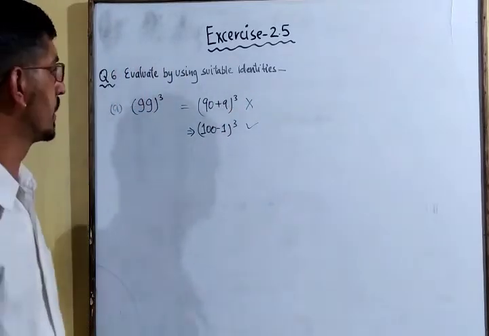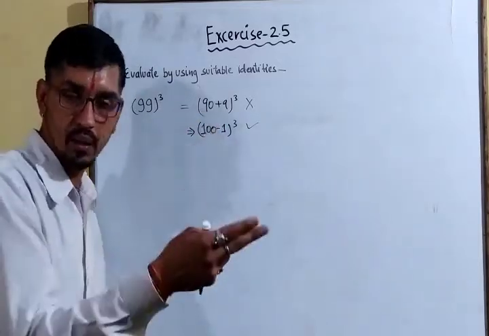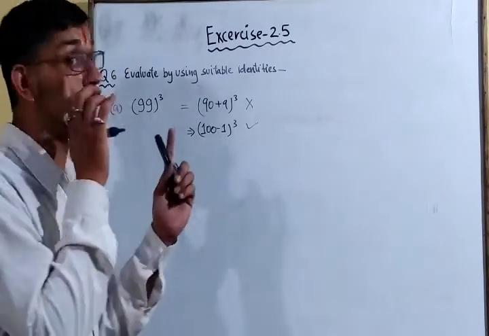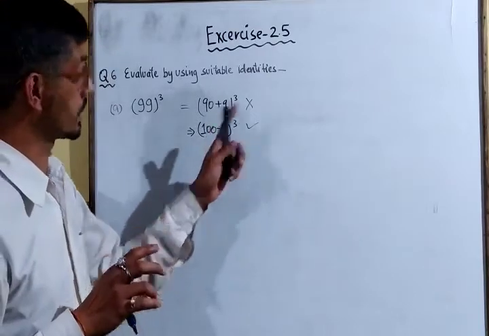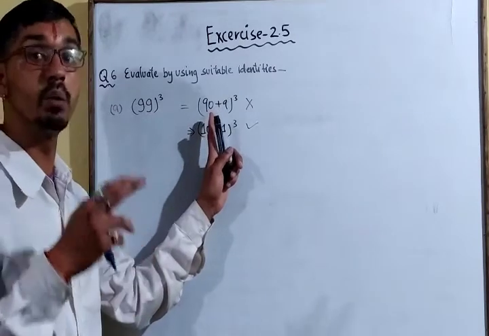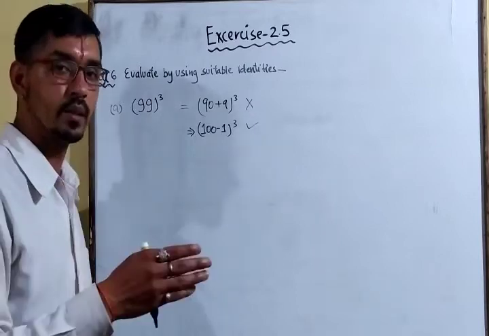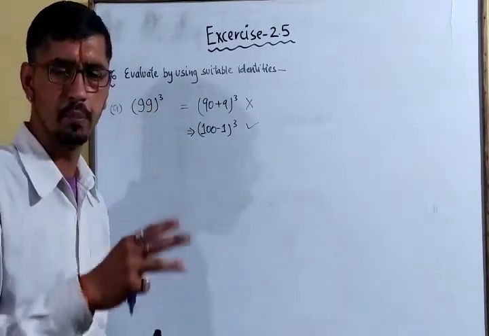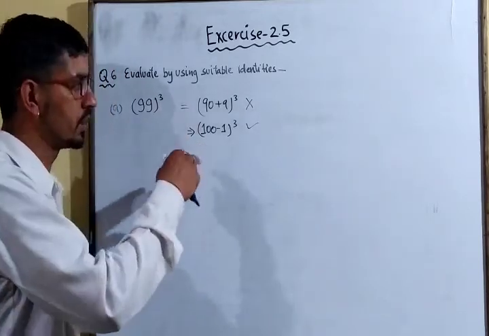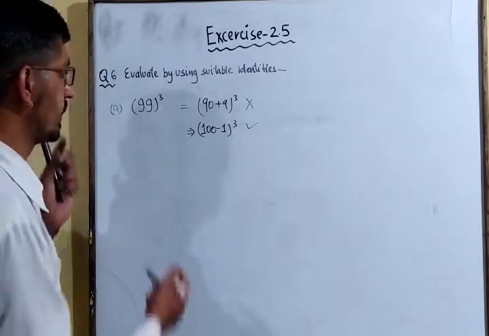So first step is how to break the number in a plus b or a minus b form. Okay, and we have to convert in such a way that our calculation remains easy. We could have done 90 plus 9 also, but it is a difficult task to find a cube of 90 or to find a cube of 9, and in that the possibility of mistake will be higher. Okay, so we will use this because it has the 0 term and 1, and the cube of 1 we can easily do. So we will use this.